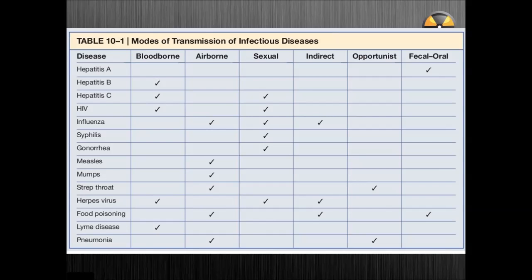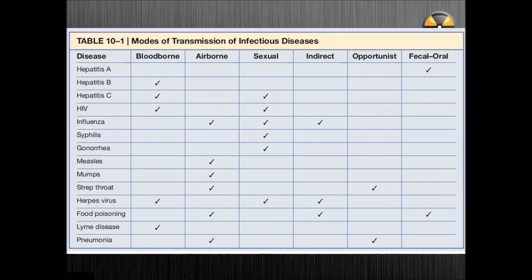And here's an example of some of the not so fun diseases and how they get transmitted. I just put them up there so that you can see them. Some of the common ones, hepatitis, okay? So hopefully we don't have to worry about you having sexual contact with your patients. But you can see there's the bloodborne ones, there's a lot of airborne ones, and then indirect ones. So things like herpes. That'll happen right here on a table or on your back. So you have to think about these things.